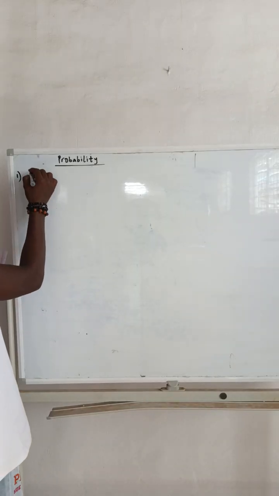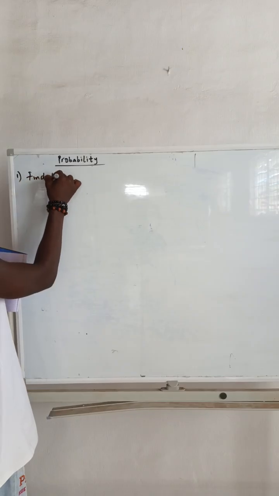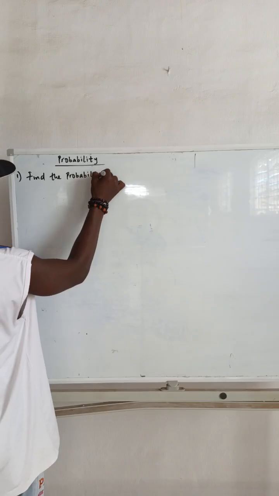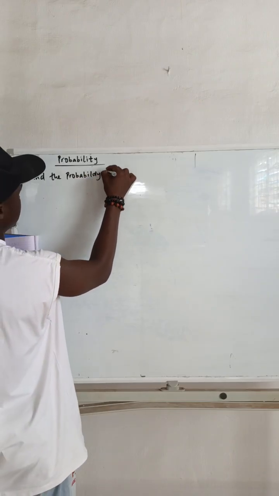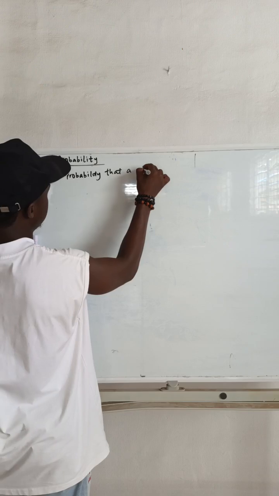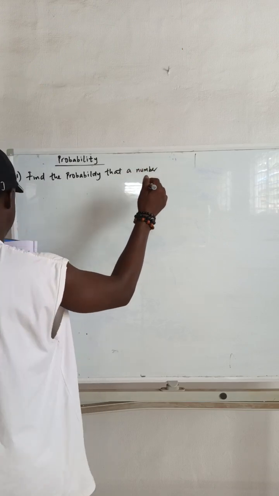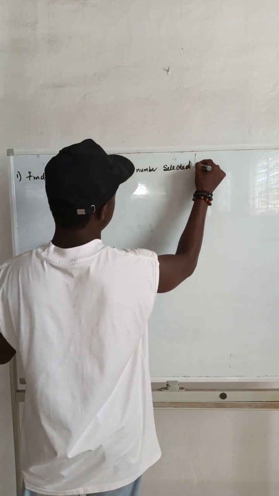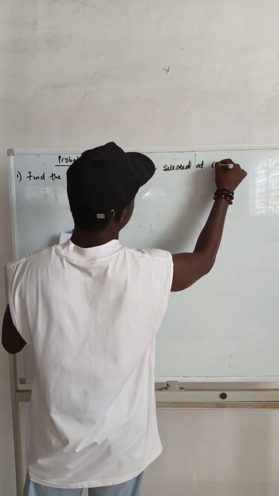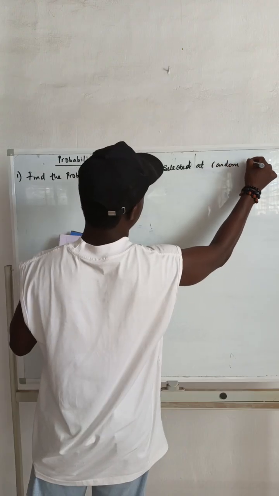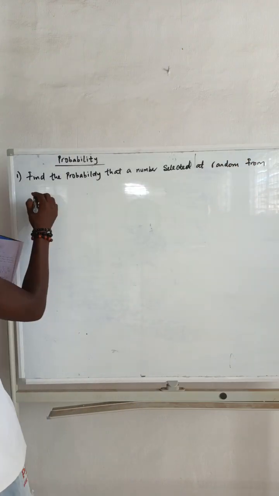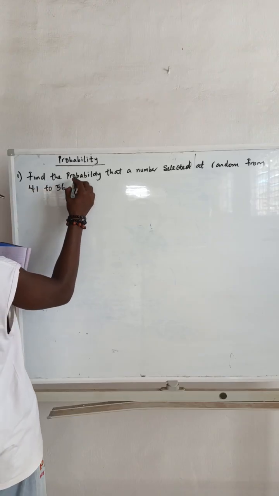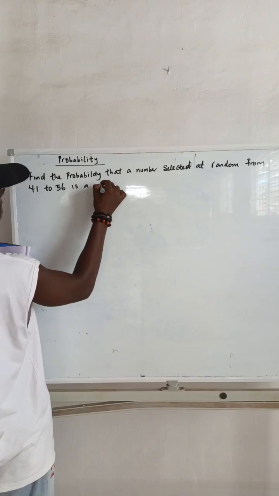Number one, it wants us to find the probability that a number selected at random from 41 to 56 is a multiple